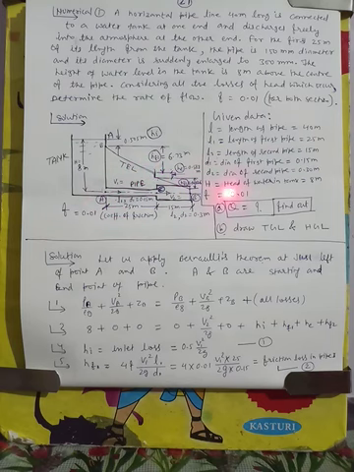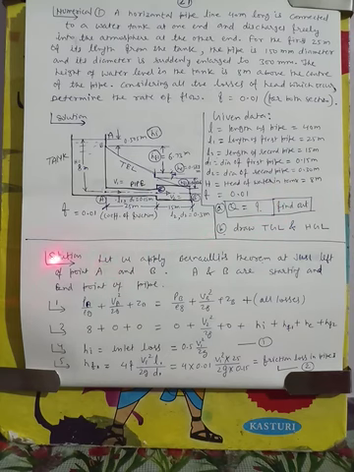Total length is 40 meters, and first pipe is 25 meters, and then the second pipe is left, 40 minus 25 is equal to 15 meters. Diameter of first pipe is 0.15 meter, 150 mm. Diameter of second pipe is suddenly enlarged up to 300 mm, that is 0.3 meter. Head of water in the tank is 8 meters. Coefficient of friction is 0.01. We have to find out number 1, the discharge through the pipe, and number 2, the total gradient line.